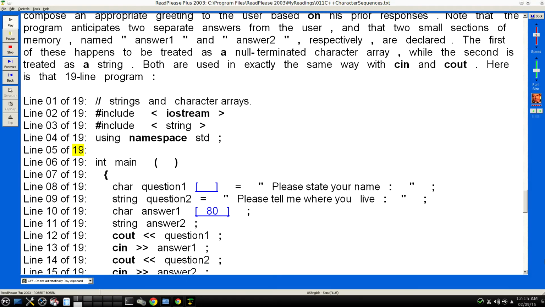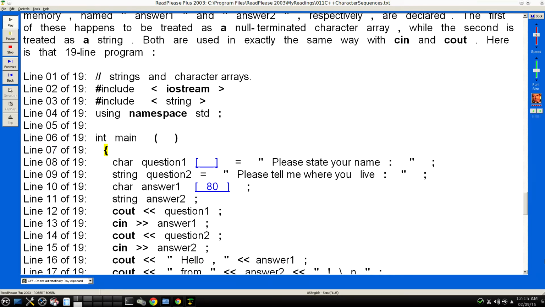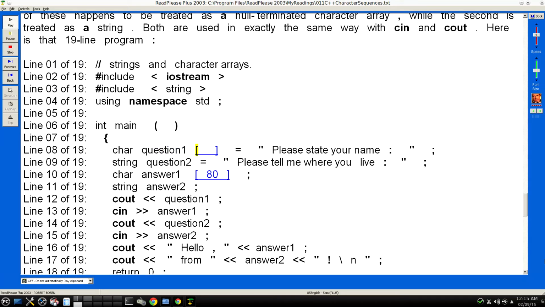Line 05 of 19. Line 06 of 19, int main(). Line 07 of 19, open curly brace. Line 08 of 19, char question1[] = "please state your name: ";